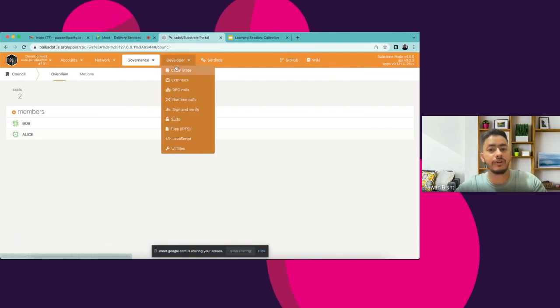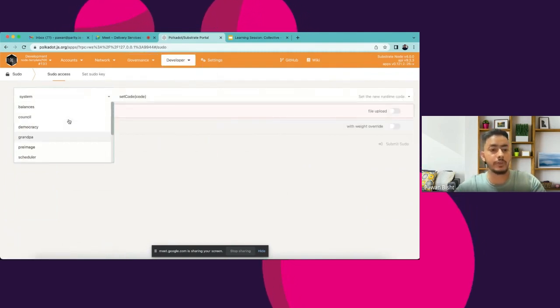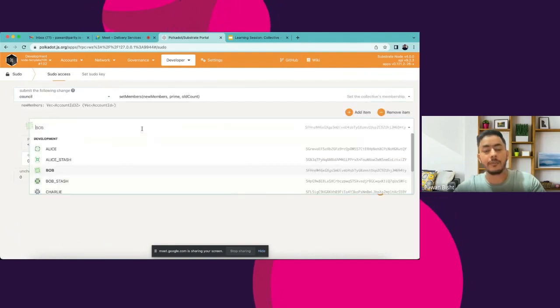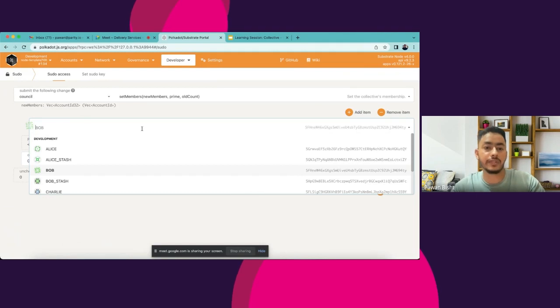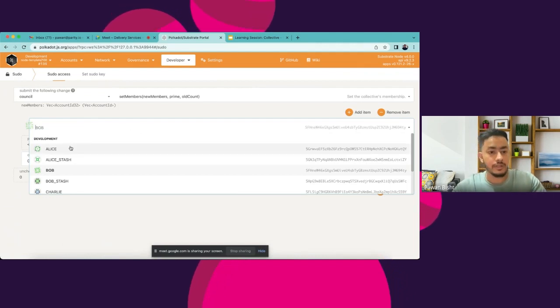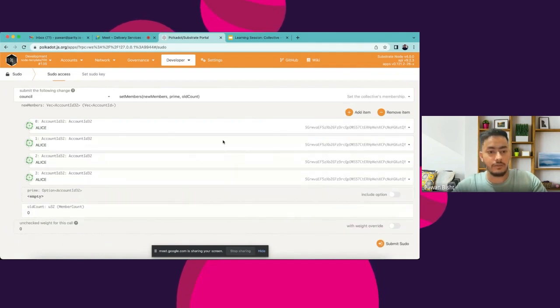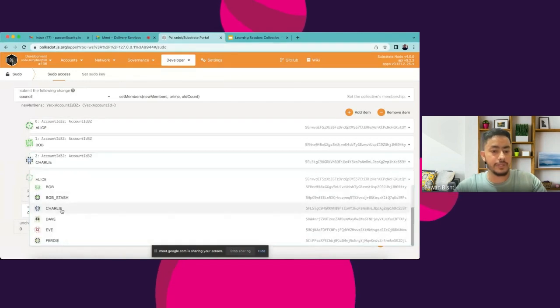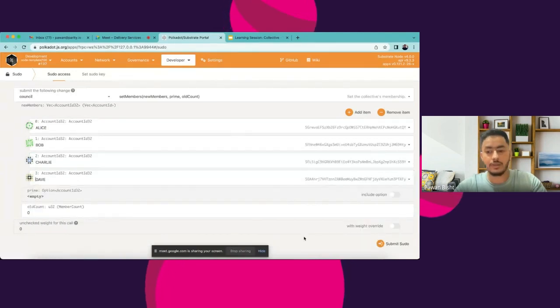So in order to check this functionality, again, we have to go to the sudo access, and in the council, we need to set the proposal, because that democracy's extrinsic requires 75% of the participants, 75% yes votes, in order to execute that extrinsic. But in our collective pallet, we need only 50%. So it will make that available there, but it will not get executed. So in order to make that available, what we need to do, let's make 4 members as council members,